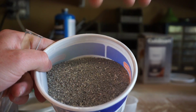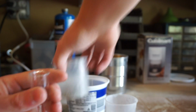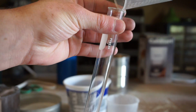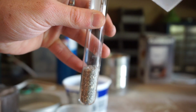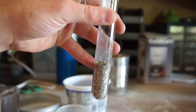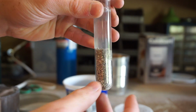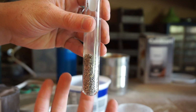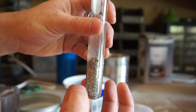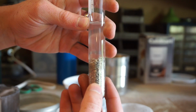So here's the kitty litter, and I'm going to show you a test to tell you whether it is definitely bentonite clay or not. Alright, so pour it into this test tube so you can see it. Now what we do, we add water, and we watch the reaction. Alright, so when you add the water, it makes a plug there, it soaks. Basically what happens is the bentonite clay expands like 10 times when it gets wet. So it absorbs the water here and basically makes a stopper and keeps the rest of this